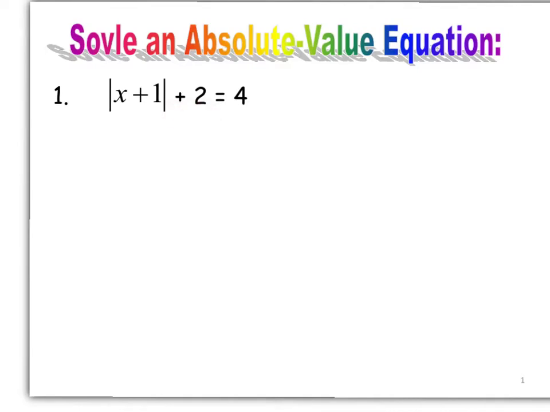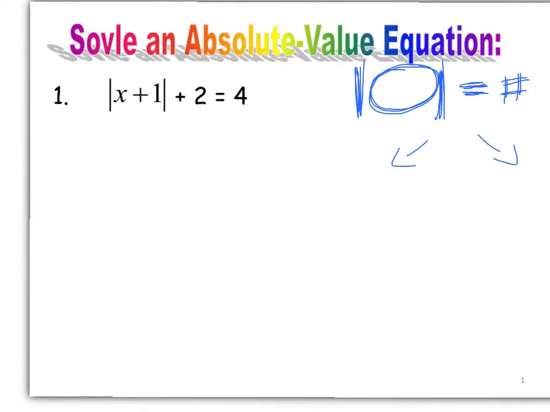So what we have to do is, before we can actually set up our two equations, we have to cancel out the plus 2. We have to isolate the absolute value. So before you can set up your two equations, you need to have an equation that looks like this. You need to have the absolute value of some quantity. Whatever's inside here we will deal with later, but it's the absolute value of something. That has to be all by itself on one side of the equal sign, and then equals a number. If it looks like that, then we will be able to set up our two equations and solve them